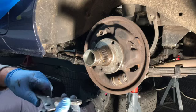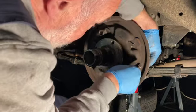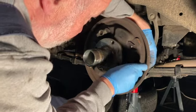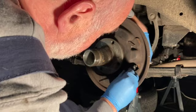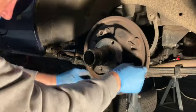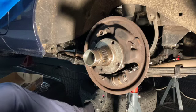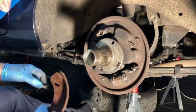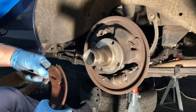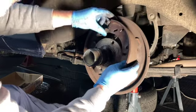Put a little bit of silicone WD-40 in the bottom. So feed it back through the boot. Make sure your boot's well fitted, because that really does keep a lot of the crap out. So that's back in position there. Then you've got the fun and games of feeding in the various brake shoes. Make sure you